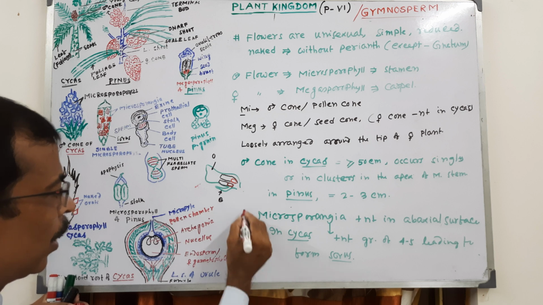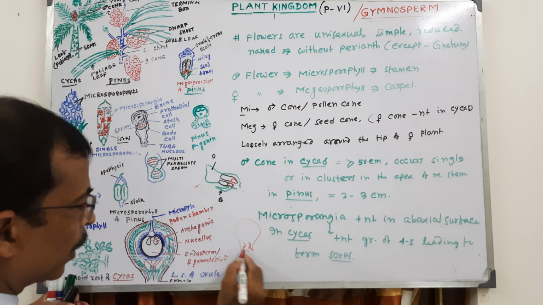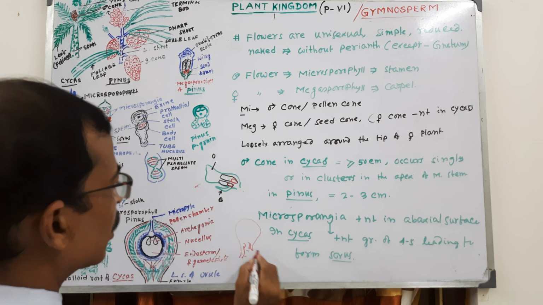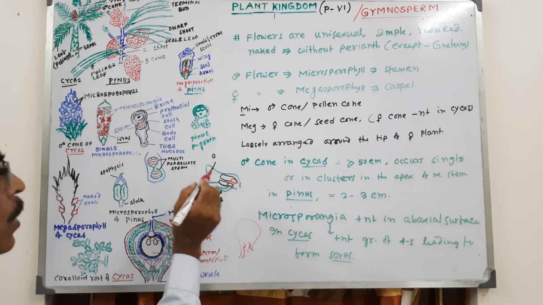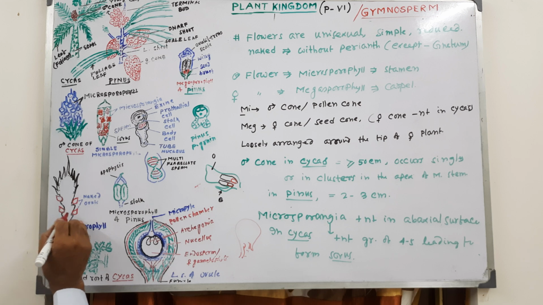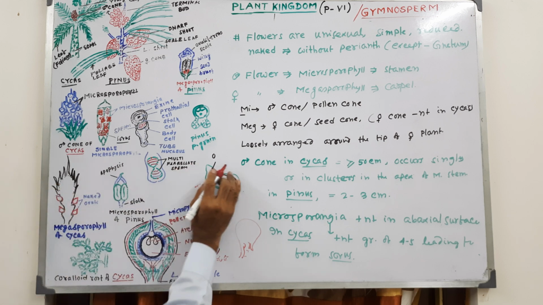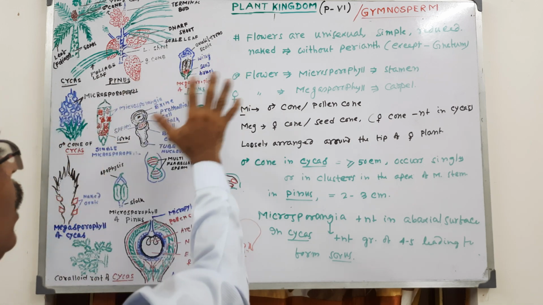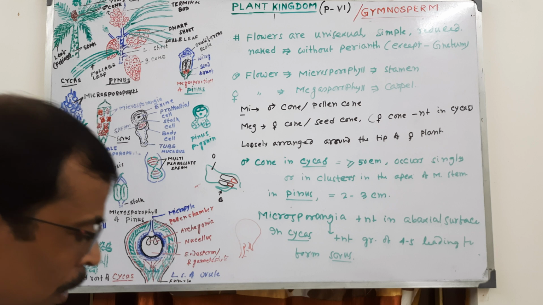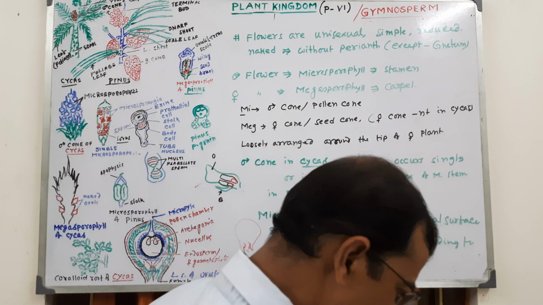Look here, the micropyle and chalaza. This is the micropyle and this is the funicle. They lie towards the same line. So the anatropous ovule is present in Pinus and the orthotropous ovule is found in Cycas; it is primitive, while the other is the advanced type. Okay, these are the megasporophyll and their structure. Now we discuss